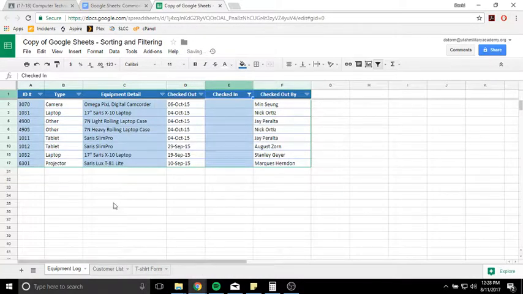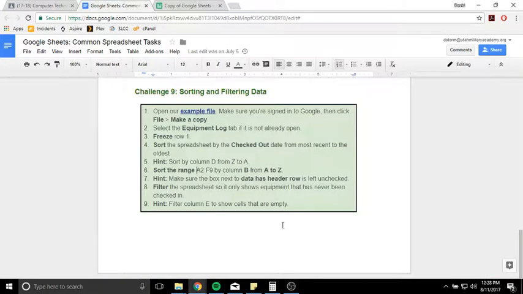And it only shows me the cells that are empty, which means those are the ones that have not been checked back in yet. All right, so that's all of the exercises in